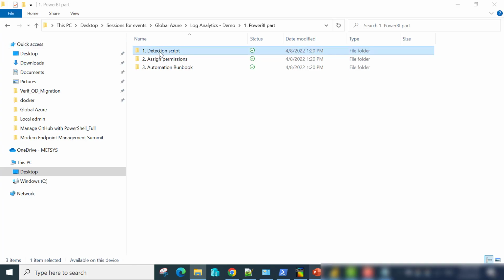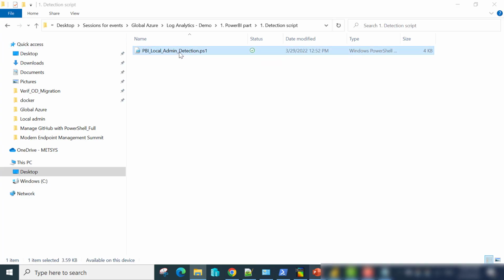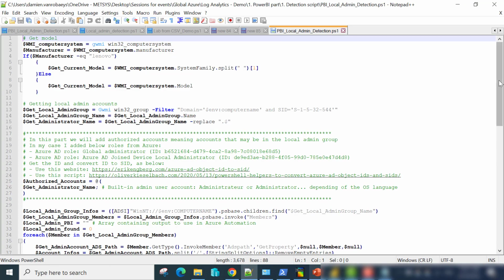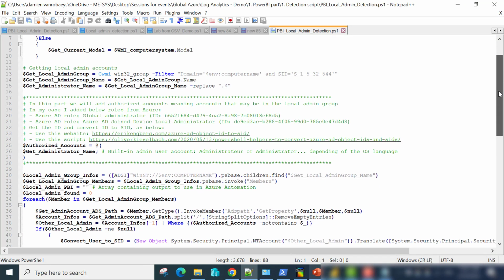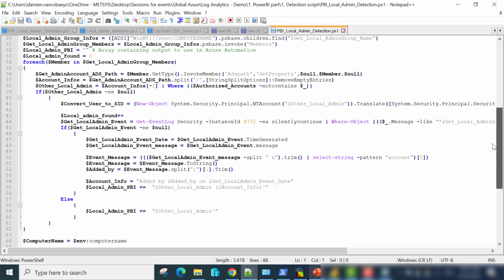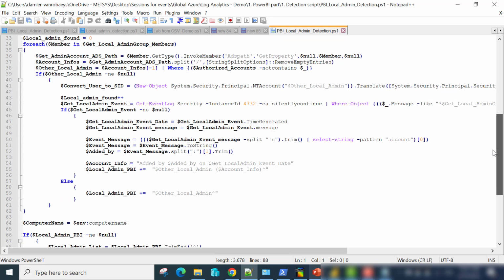So let's check our proactive remediation script. This one is a script that will list local admin accounts from our device. This script is pretty simple. It will check all accounts that are in the administrator group using the SID. Then it will check all members and compare each member with the security event log to check who had this